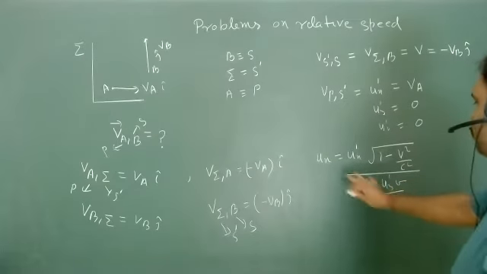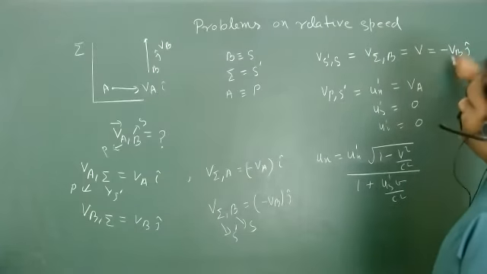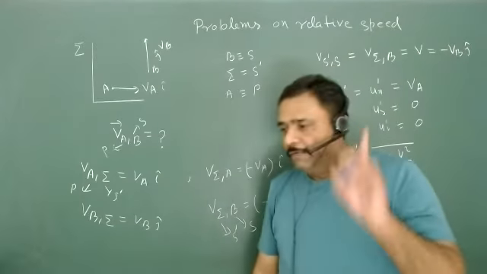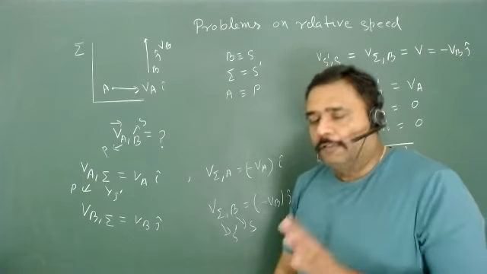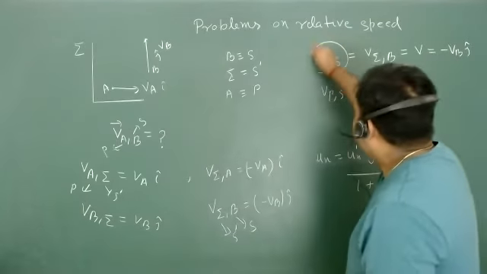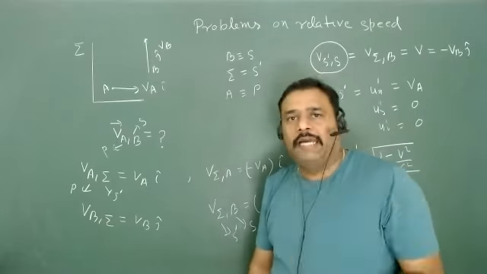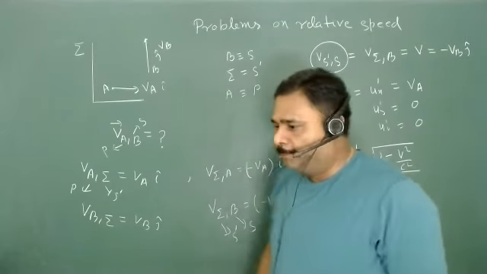This is our ux, because v is in the j cap direction, so the Lorentz transformation will be in the j cap direction. Okay, so this is very important. This particular term is the most significant term. It will give you a hint about which direction you can do the Lorentz transformation in.